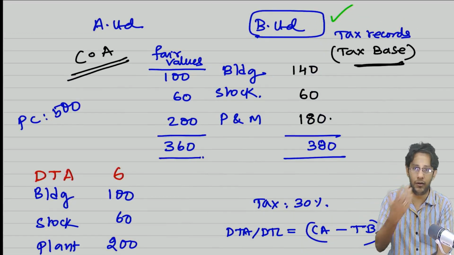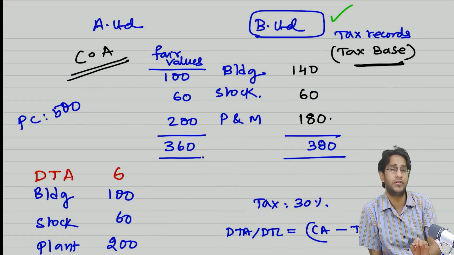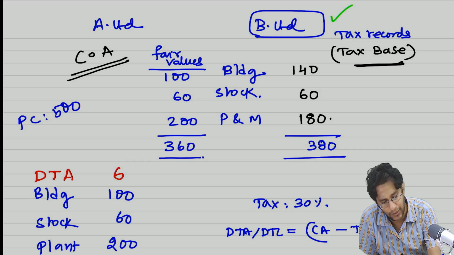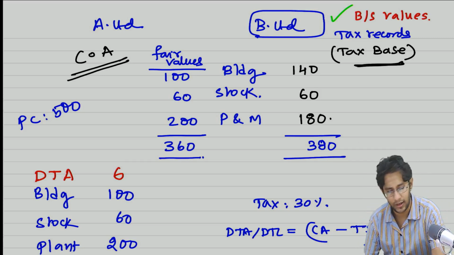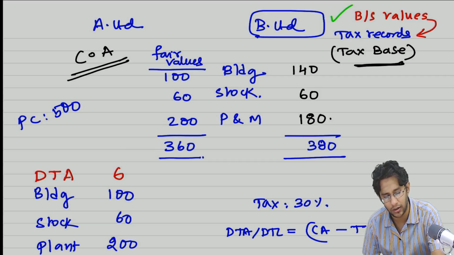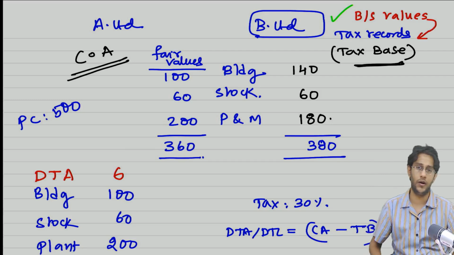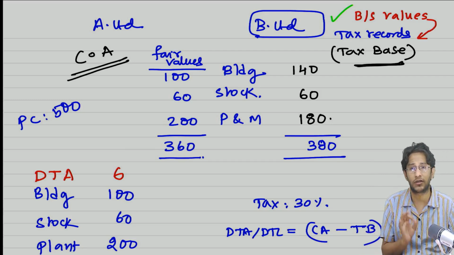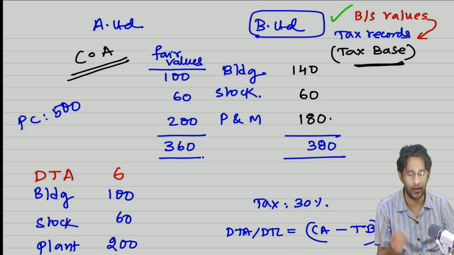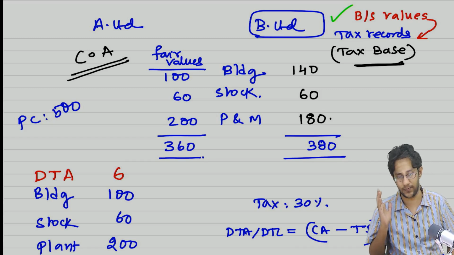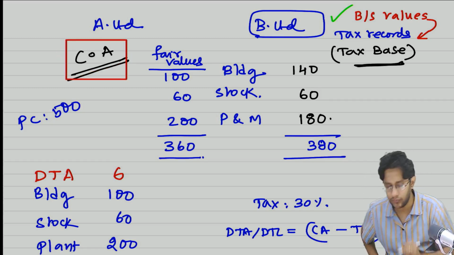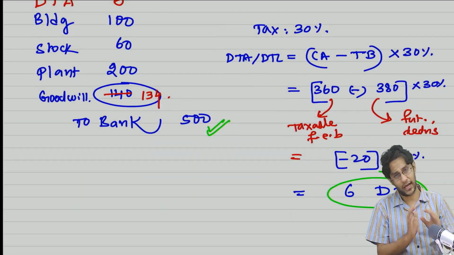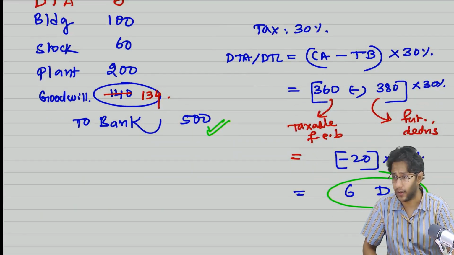Most of the time, in various questions we have seen in business combination, if the question is silent about tax base, what they will give is B Limited's balance sheet values. When no information is available, assume that these book values only are their tax base also. So if the question does not provide the tax base of the selling company, assume that their book values only are tax bases. The fair value will become the carrying amount for the purchasing company, the acquirer entity. So the difference between carrying amount and tax base is your DTA.